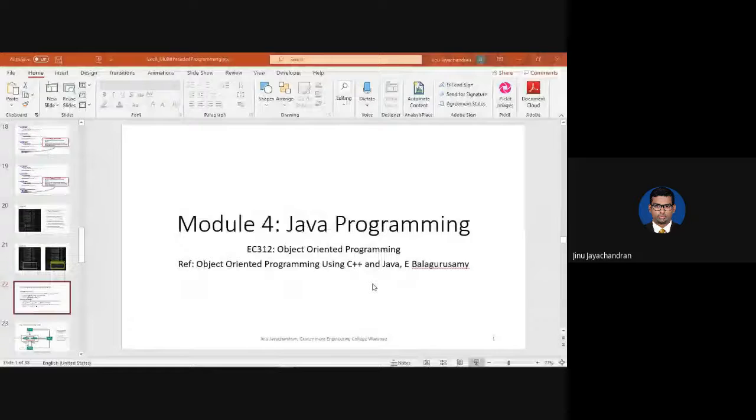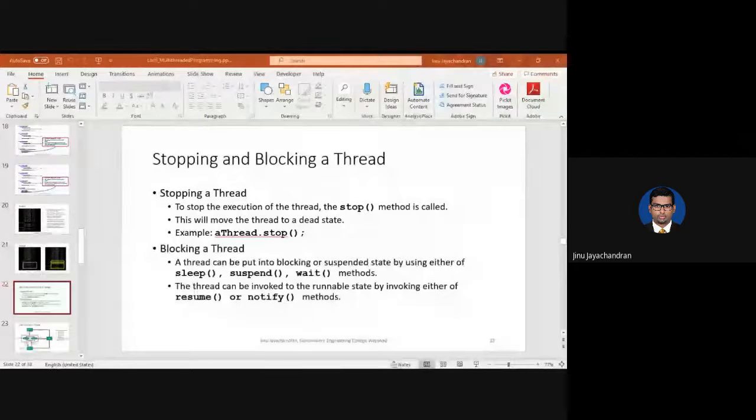for today's class. We have some more portion left on threading, multi-threaded programming, which we will do in the next class. And I think by tomorrow I'll be able to finish this module also. There is one small portion called exception handling in Java, which I think I'll be able to finish by tomorrow. Okay, so let's take the